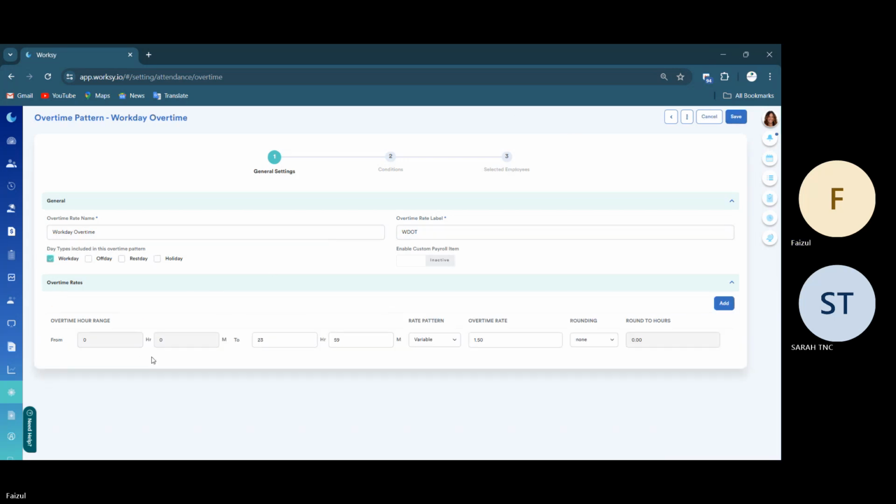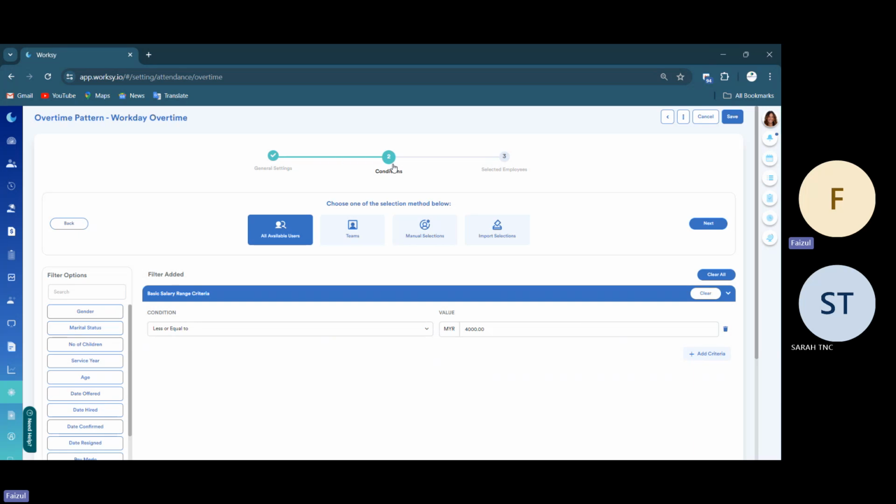You can set the overtime pattern here. Variable means it is based on the basic salary calculation. Fixed is your own fixed rate per hour, is that 1 ringgit 50 cent, 2 ringgit 50 cent, 3 ringgit 50 cent. It depends on your company practice. From here you can add, filter, or do the manual selection of who will get this